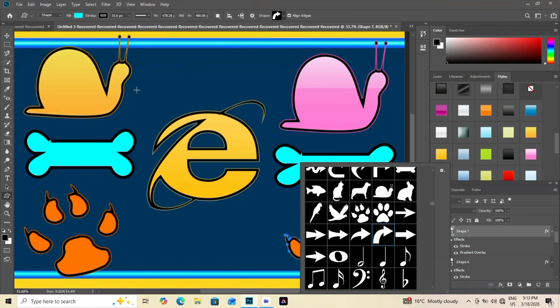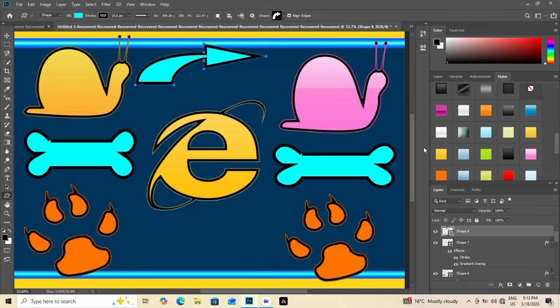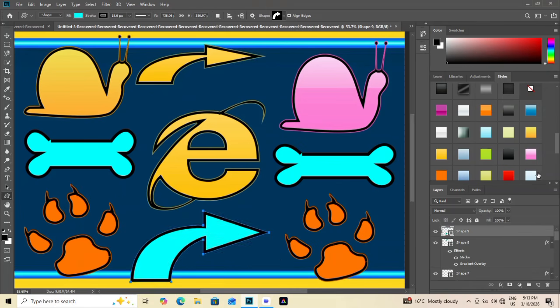Now switch to the Ellipse tool and add a circle overlapping both shapes using a bright contrasting color like orange, lowering opacity slightly for blending. Choose the Polygon tool and place small